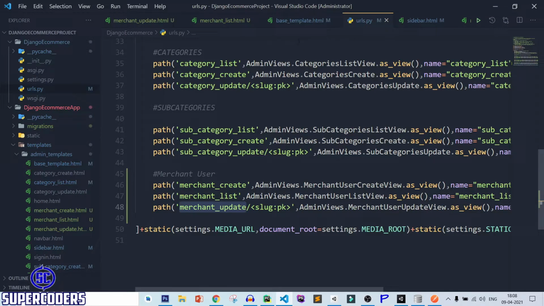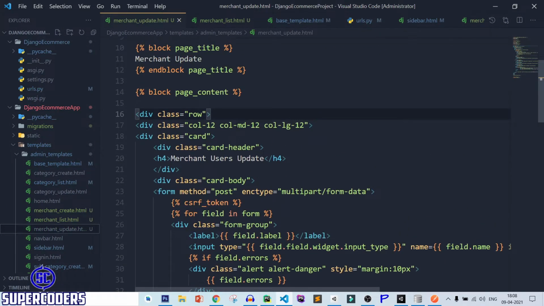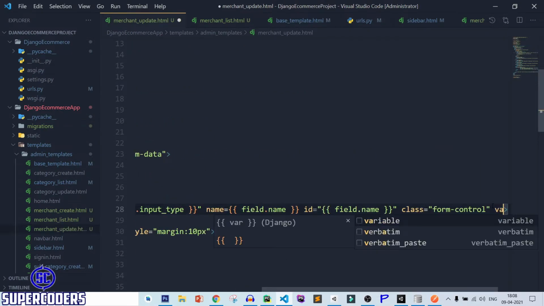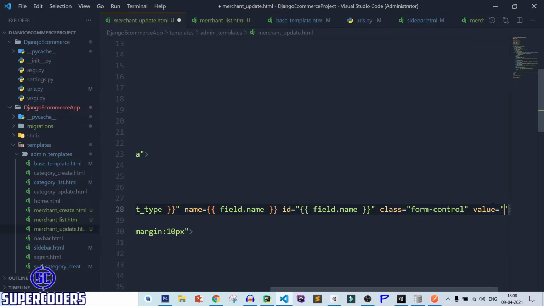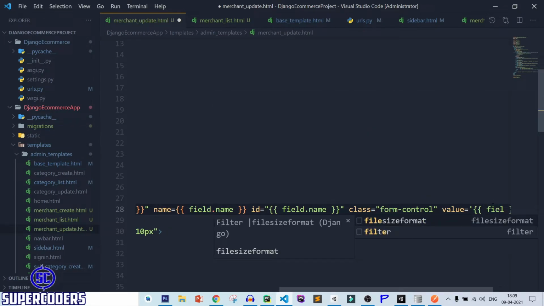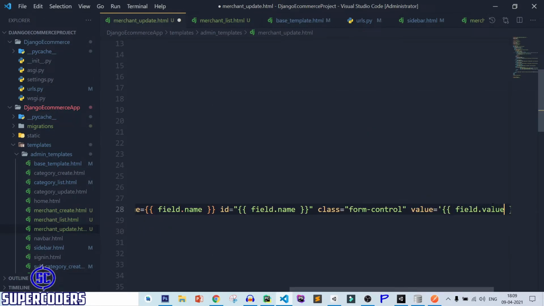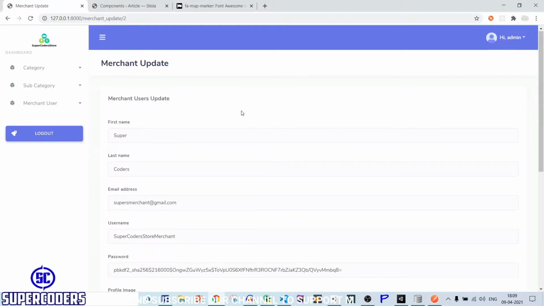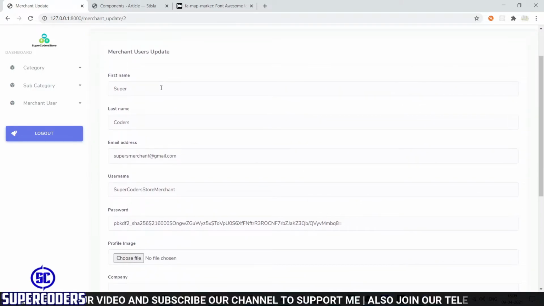So let's see, come to merchant update and here in value, so value equal to field dot value, save it, refresh page and you can see it is showing everything and currently you can see all the data which is coming from custom user.